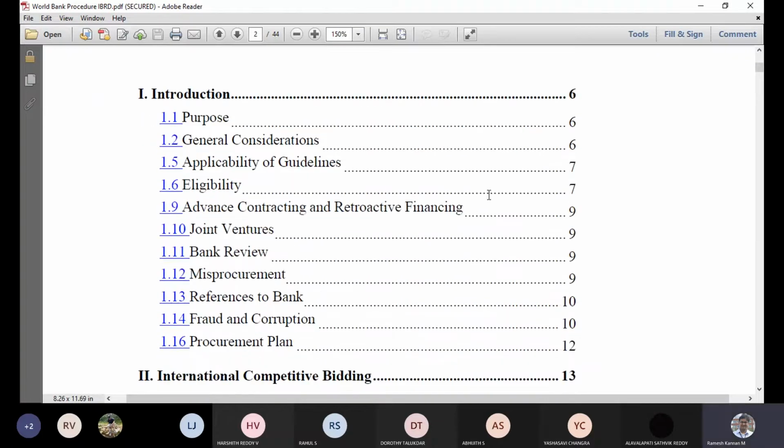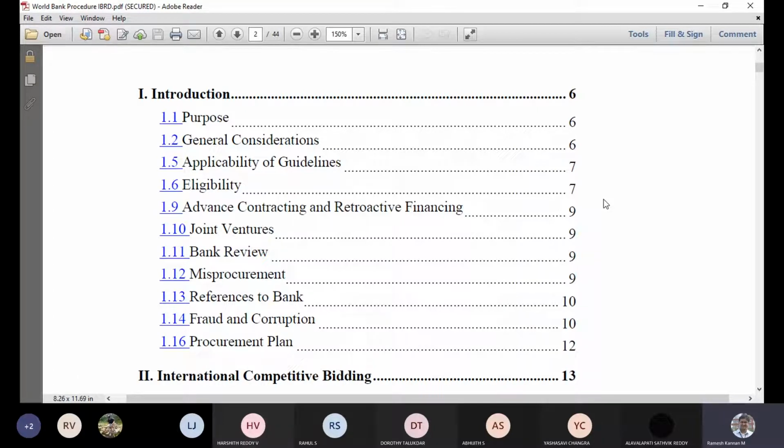Right. So some of the contents or the purpose of this document, general considerations and applicability of guidelines, eligibility, advanced contracting and retroactive financing. This is a different type of procurement. It's not the conventional procurement, where once the loan gets sanctioned, you order for stuff, or once funds get approved or sanctioned, then only you go for